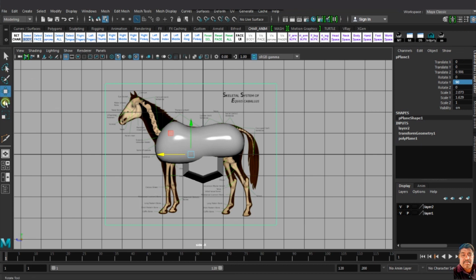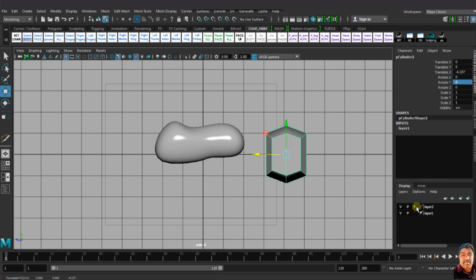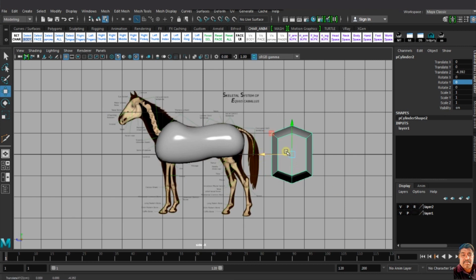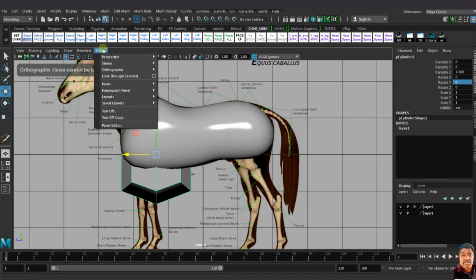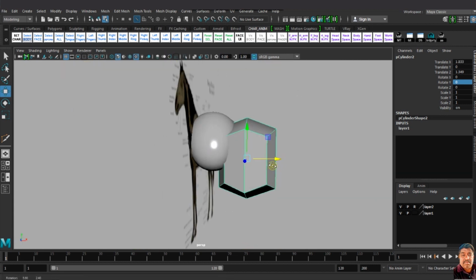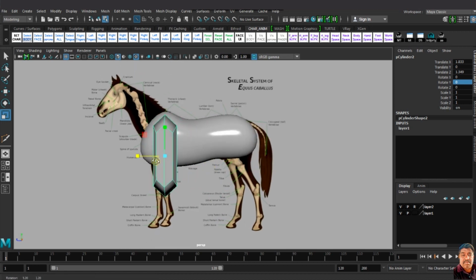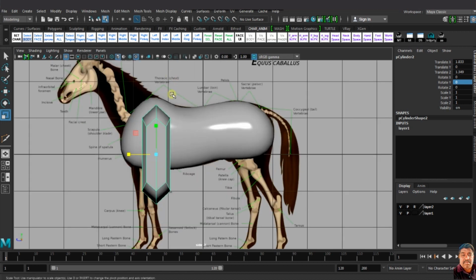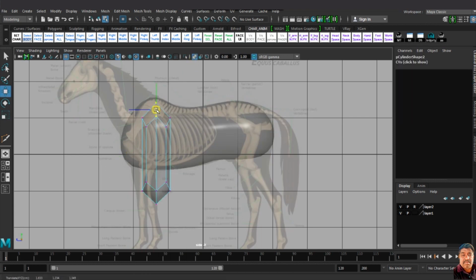Again another basic shape I take here and go to perspective and make it here. It is my front leg, so I just adjust my width and height and go to side again, and I just adjust all my vertex according to my anatomy.